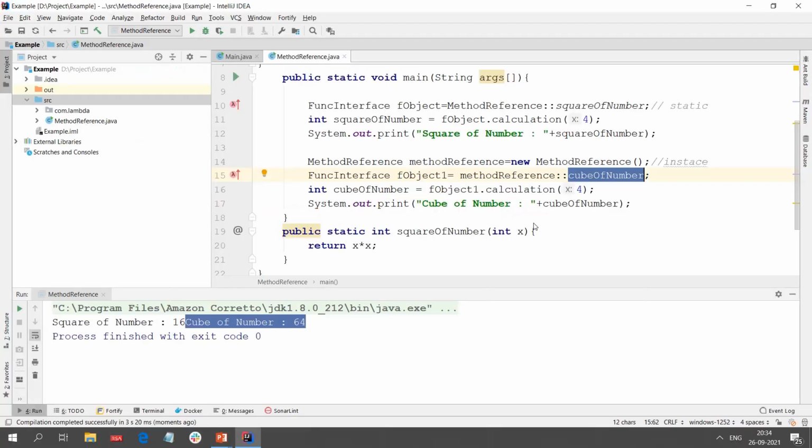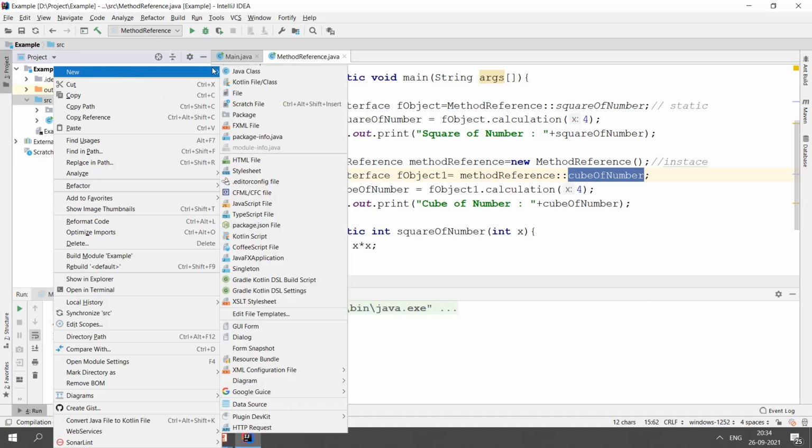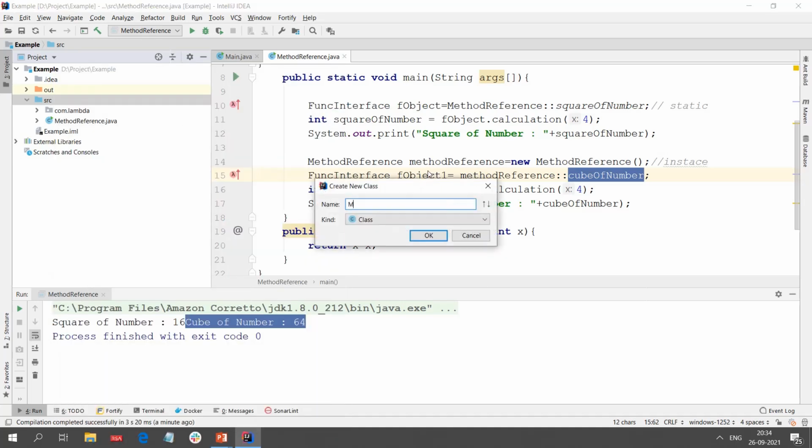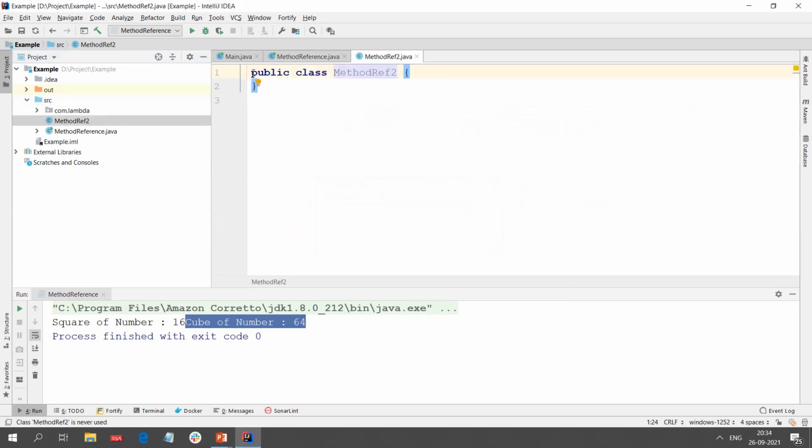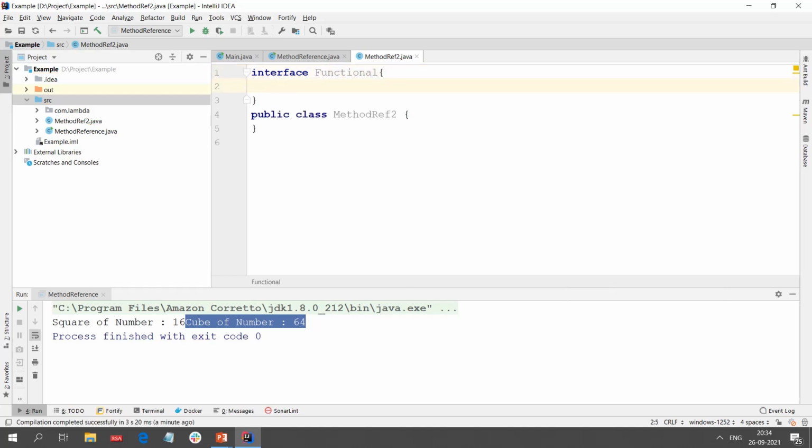So let's try to implement this also in our code base. Let's create a new file and I'll name it as metref2. Let's have our functional interface, and let's keep it very easy.